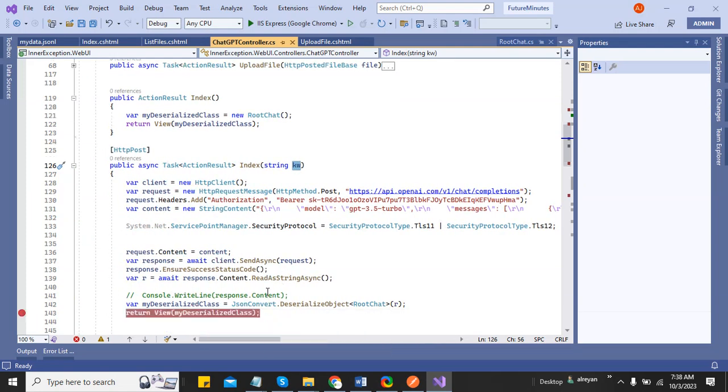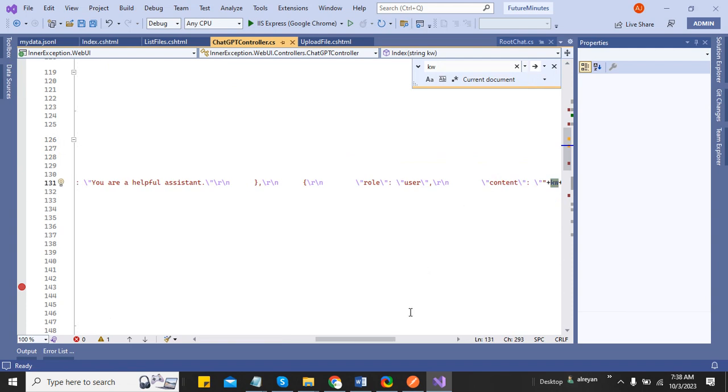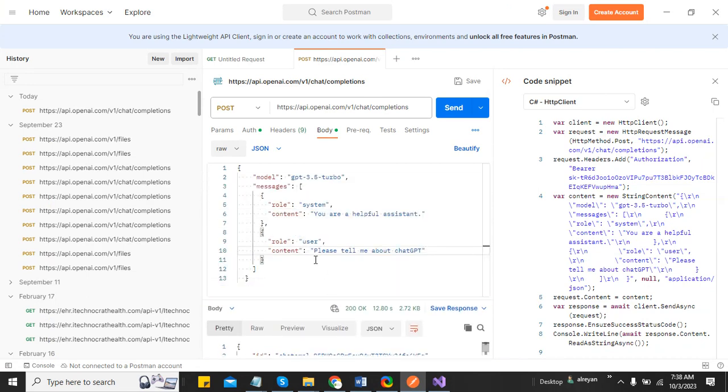Okay, let me show it. In this code, here I am taking the value of the content from the input variable. Just like in Postman we are passing the value in a body, I am just changing this value from here, and it's showing me the data from